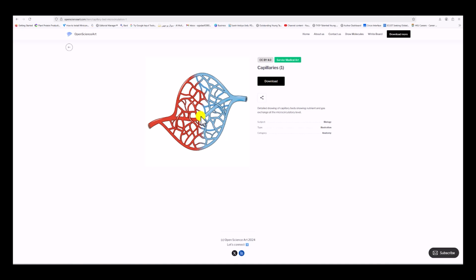So it will give you the opportunity, and it will provide a huge library of these icons and illustrations that you can use by yourself, and in just a few minutes you can create a graphical abstract and other figures in your review article and your scientific research article.